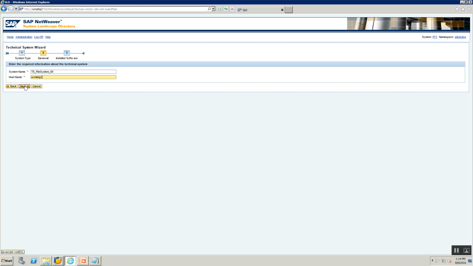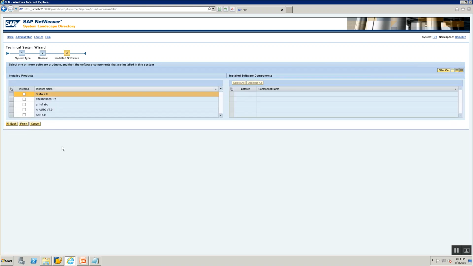And then I'm clicking on next. So I've created a technical system. This is the name of the technical system. And again, I've used this prefix TS to indicate that it is a technical system. And I've told what is the physical host name on which this technical system runs. Remember, a technical system will always contain the physical host name. There is no validation that it does, but it is obviously recommended that you use the exact host name. And then I click on next.